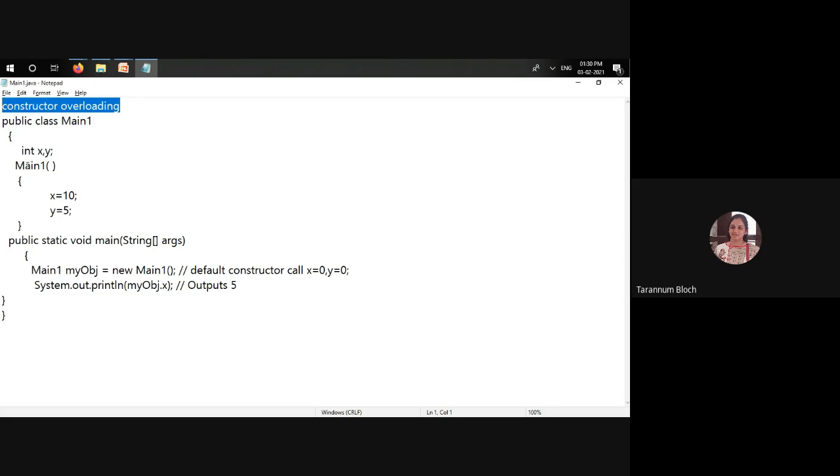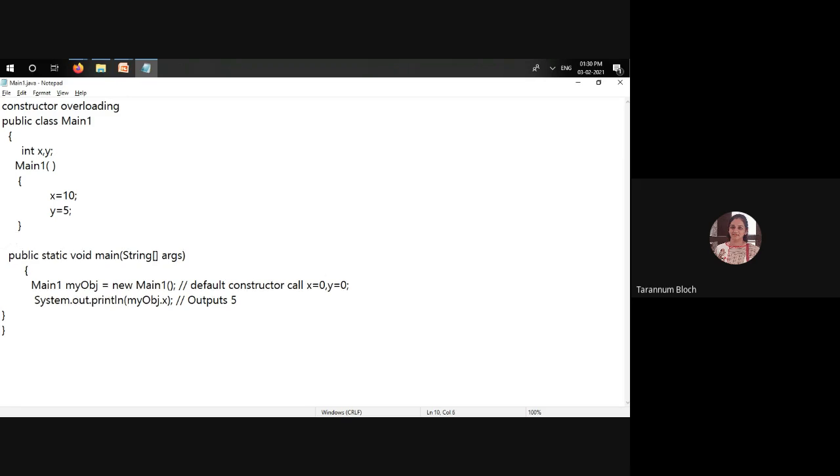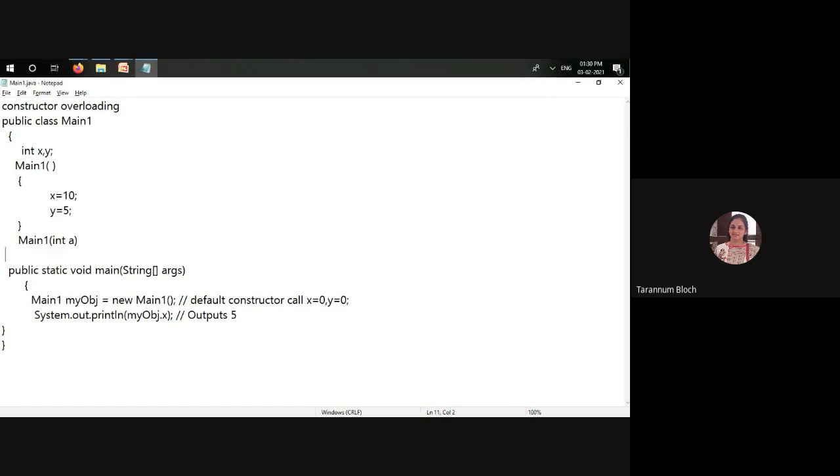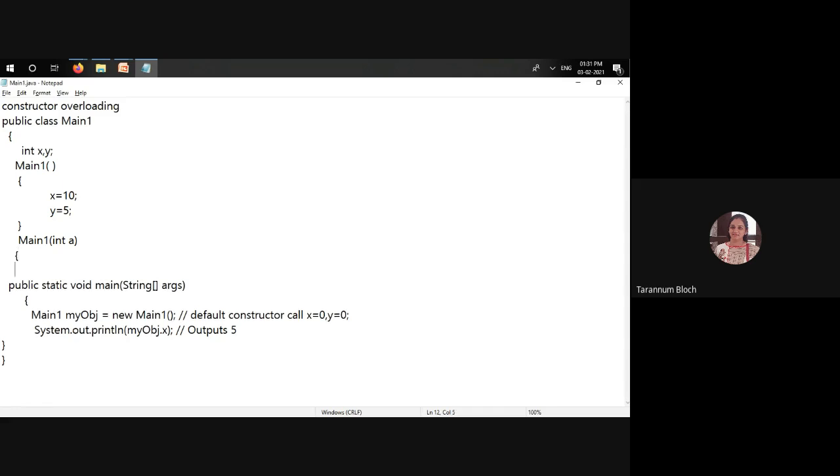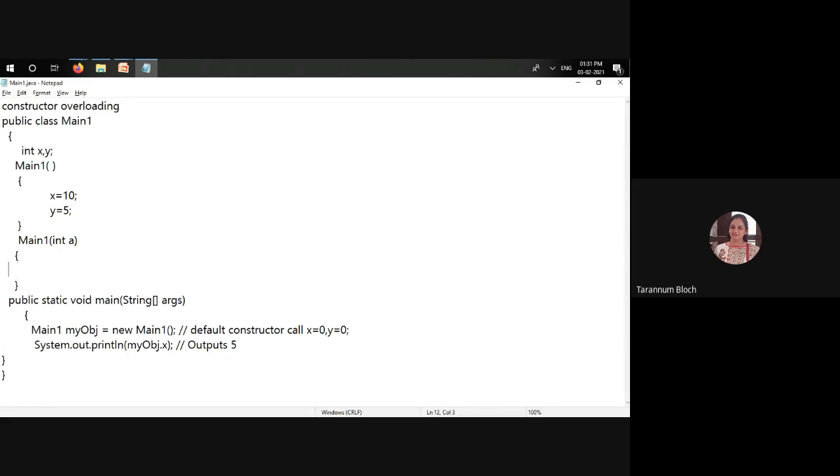It means that here you see I have written main one with no parameter. I can also write main one with an integer a. In that case, I'll say this dot x is equal to a.